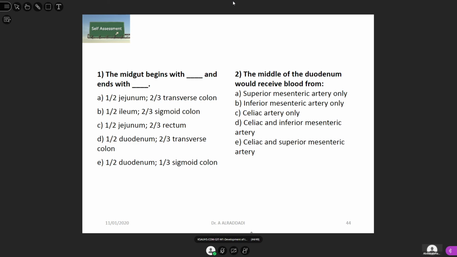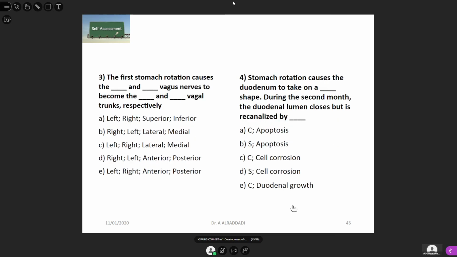So the middle of the duodenum would receive blood from both the celiac and the superior mesenteric artery. The question: the first stomach rotation caused the left and right vagus nerve to become the space and space vagal trunks respectively. Answer it will be